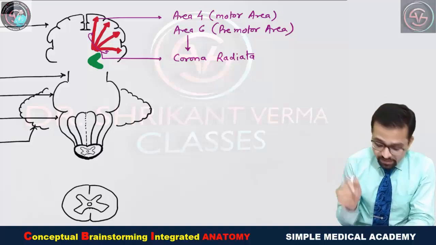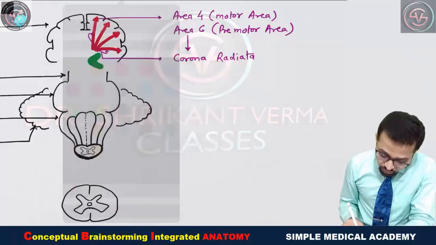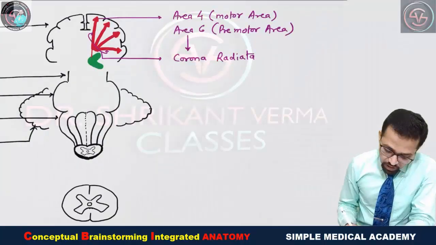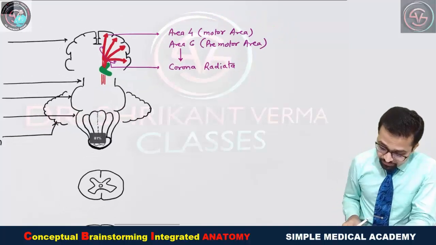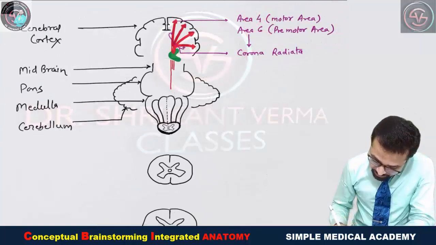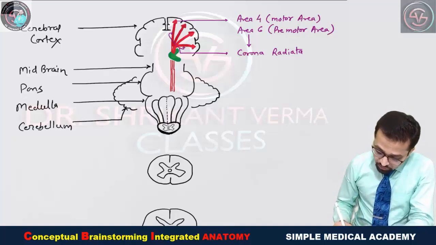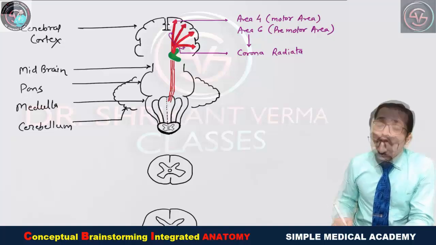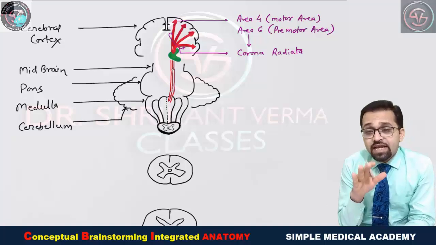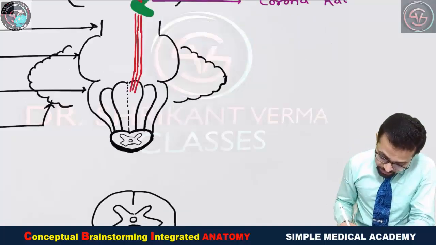We will see the internal capsule in detail later, but try to understand. All these fibers are coming, and now they all pass through the posterior limb of the internal capsule, in this diagrammatic presentation, and then they pass through the anterior part of the midbrain, the crus cerebri. Then they pass through the anterior, basal part of the pons. Then all these fibers cross the medulla through the pyramid. That's why this tract is known as the pyramidal tract. This central elevation is the pyramid, as I showed you in the previous image.